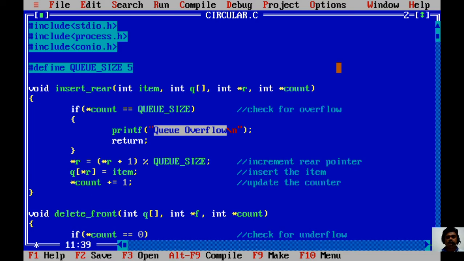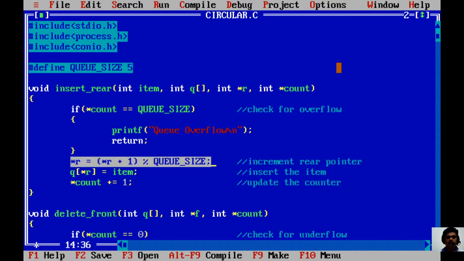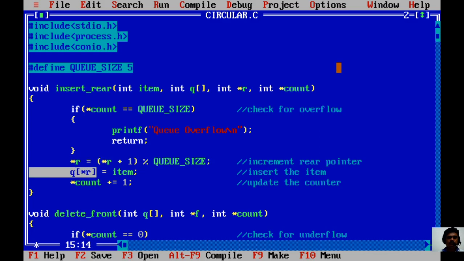I can't insert more. Suppose this condition does not hold, then I will first go for pre-incrementation of the R using the modulus operation, that is the second way of incrementing the R. Once I increment, the R will be marking a particular location within the queue where I am going to insert an item.